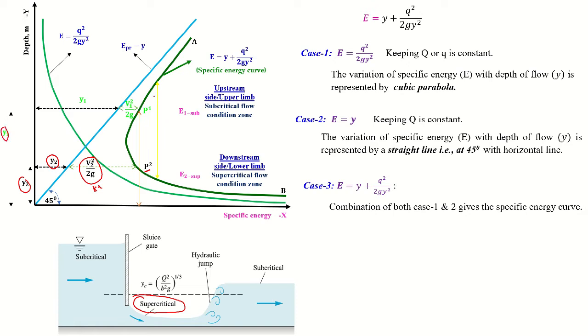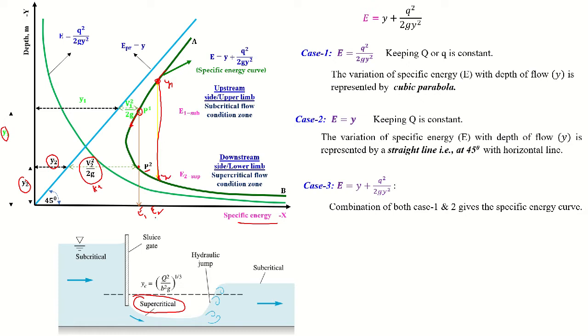When you move, similarly, if you take this point here, both draw a straight line, and here the energy. So energy at this P1 is E1 and energy at P2 is also E2. So at this condition in the x-axis, this energy E1 and E2 are the same. Also, for a given depth, if you come downside, here also there is a depth, this is V2. So in this condition, energy is the same.